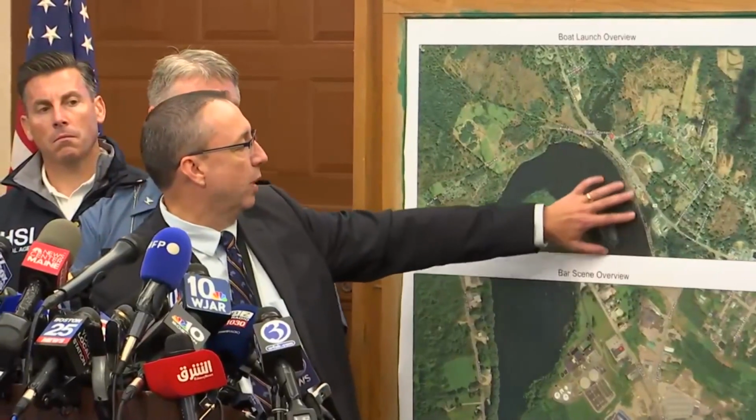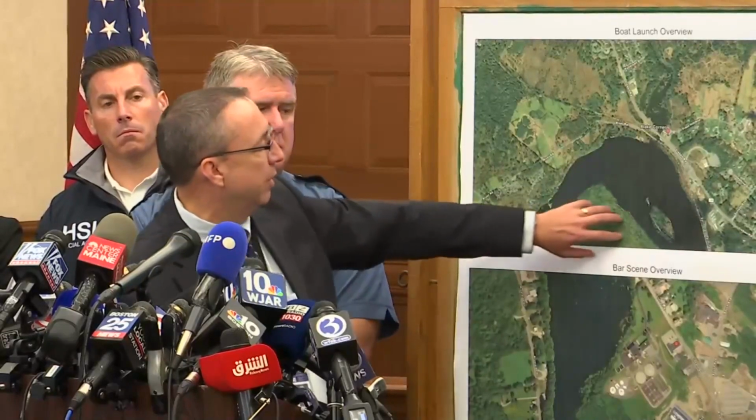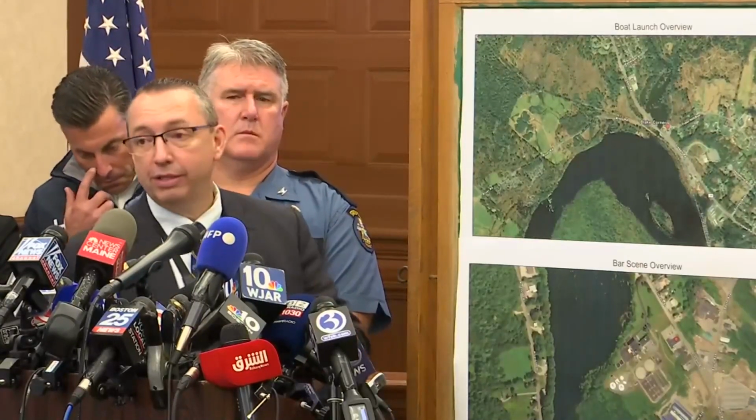Then there's going to be some screening and some divers that are actually in the water that may start on this side by the boat launch and will continue on this side. I would envision at some point that we'll be moving over to these particular locations here for ground searches as well. So they could be dragging a diver behind them, literally, while that diver is checking for evidence, checking for